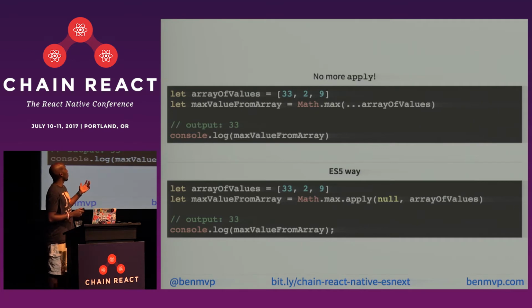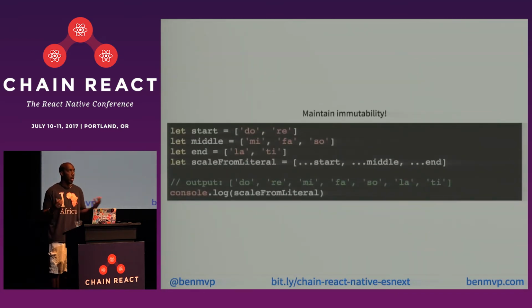Typically though, you wouldn't use a spread operator in this case. Maybe if you were calling some kind of util function that needed individual parameters and you had an array, you might do this. But the main reason I find we use the spread operator is actually to maintain immutability. So instead of pushing onto an array, you spread onto an array to copy it and then add new elements to it. And that's what's happening in this example.